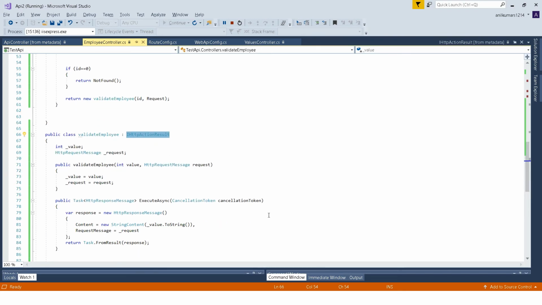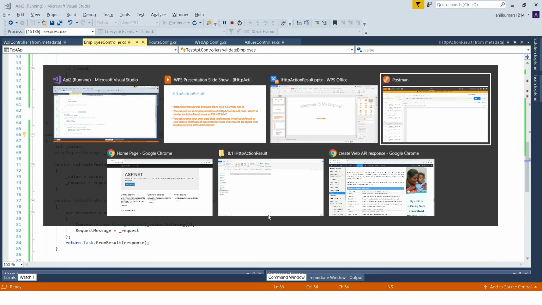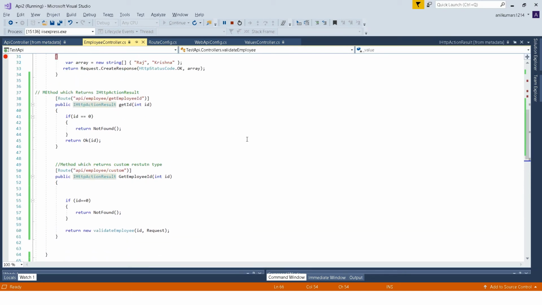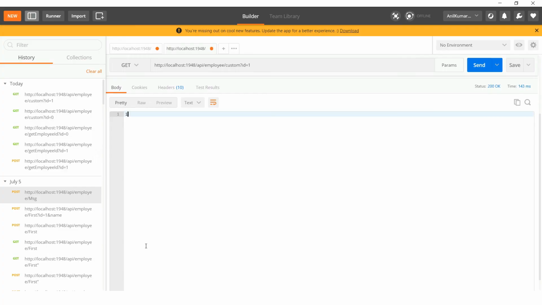So let's see this by calling in Postman. First I'll copy this first route. Copied. I'm going back to Postman. I'll remove everything here, paste my route, and click on params.